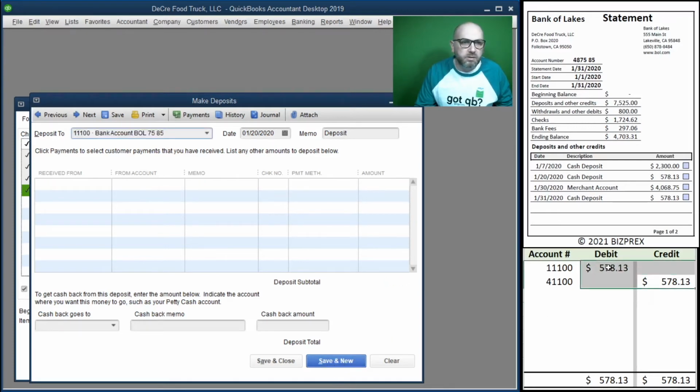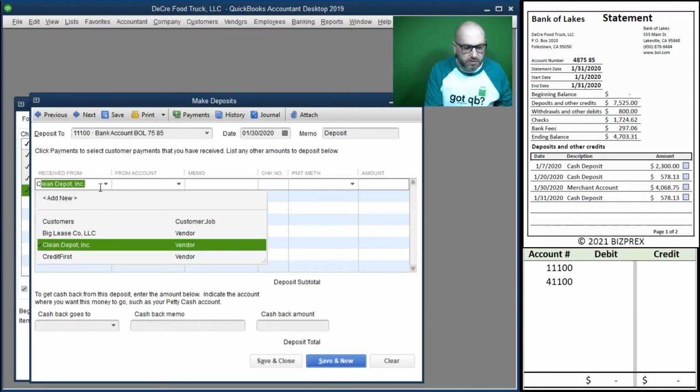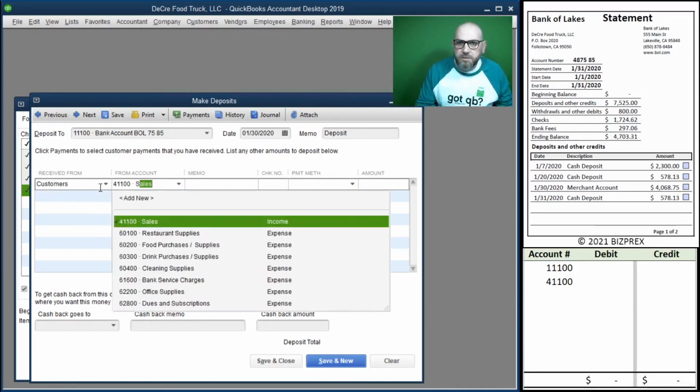And again, in this case, we're depositing two more sales, so I'm just going to clear amounts, and we're booking them off the statement, which is very typical when you do reconciliation, because some things you track as you go, some things you know that took place, but that's where the statement helps, right? So again, next we have our merchant account deposit. Those are the funds that we receive from customers through credit cards, right? So again, it's still our customers, it's still our sales,